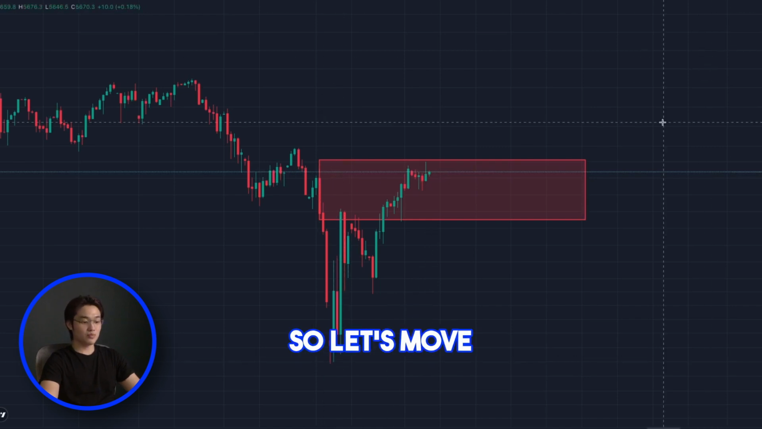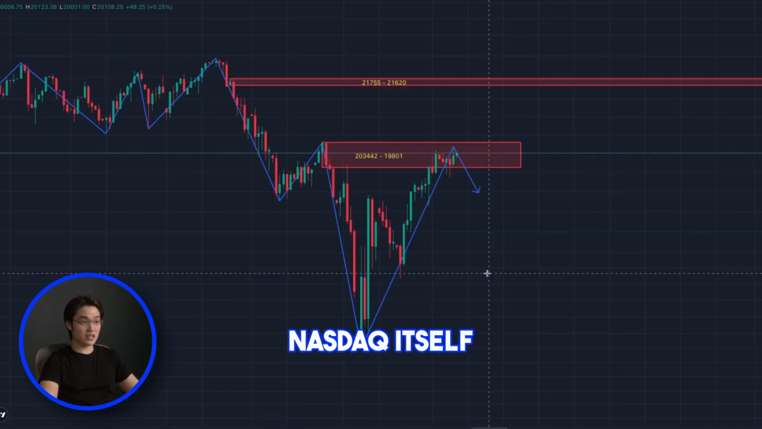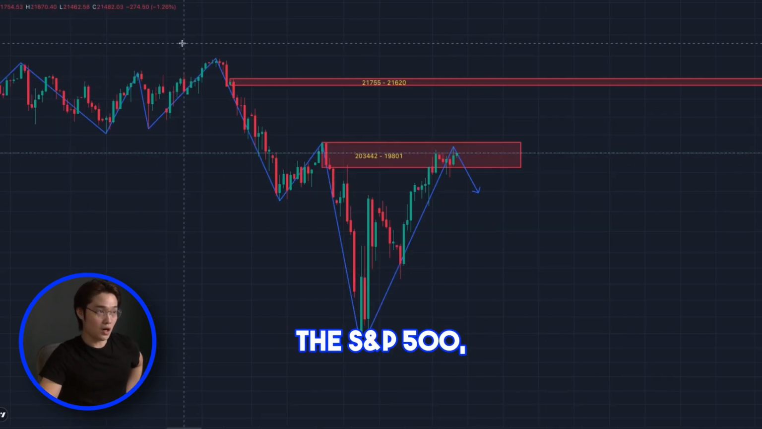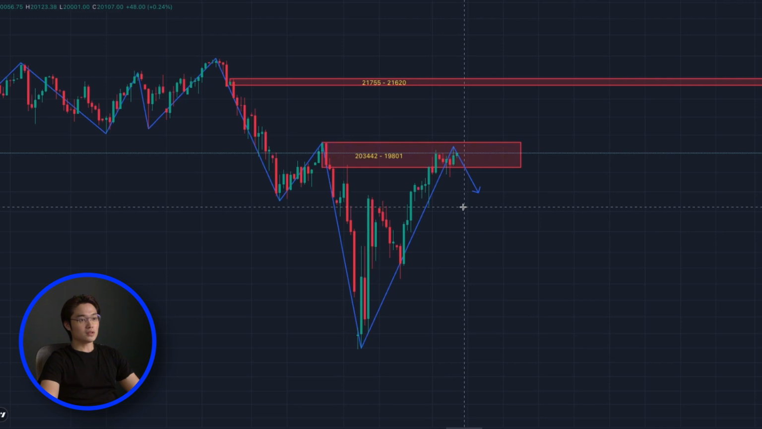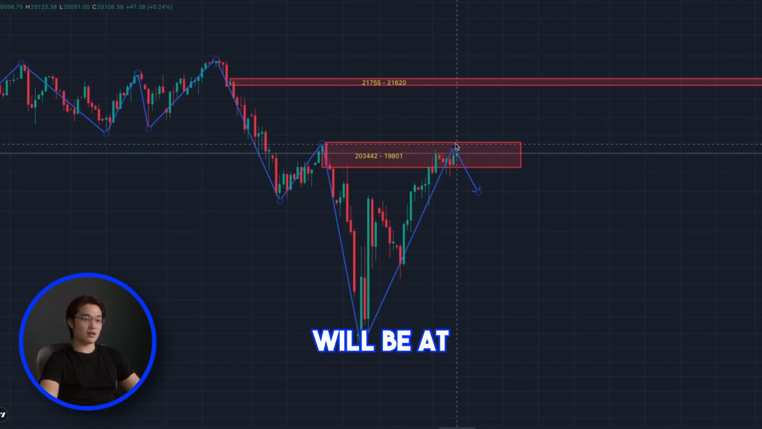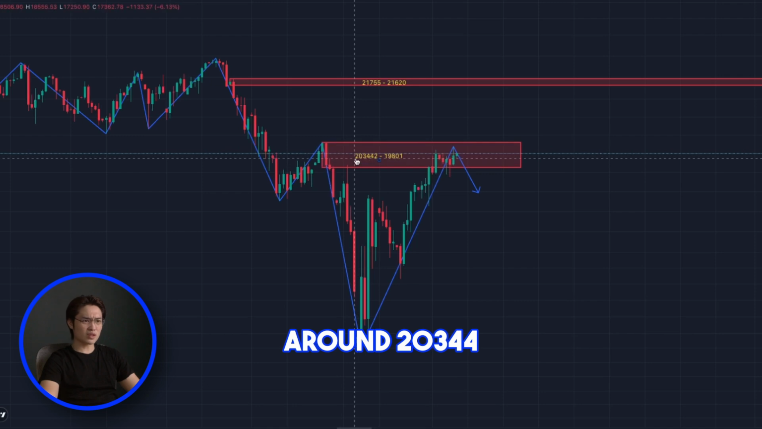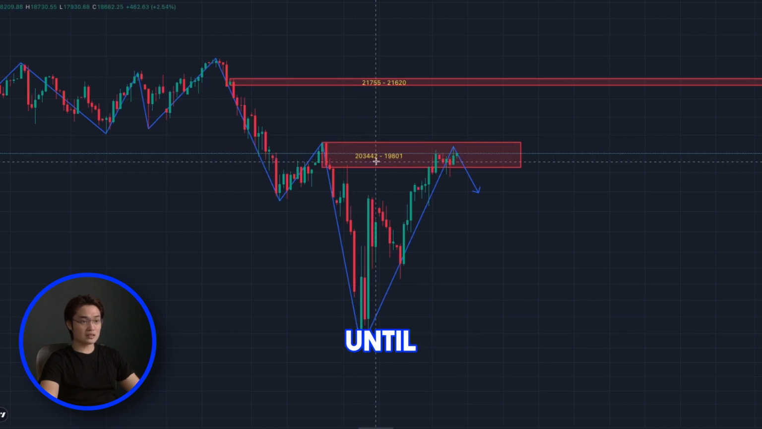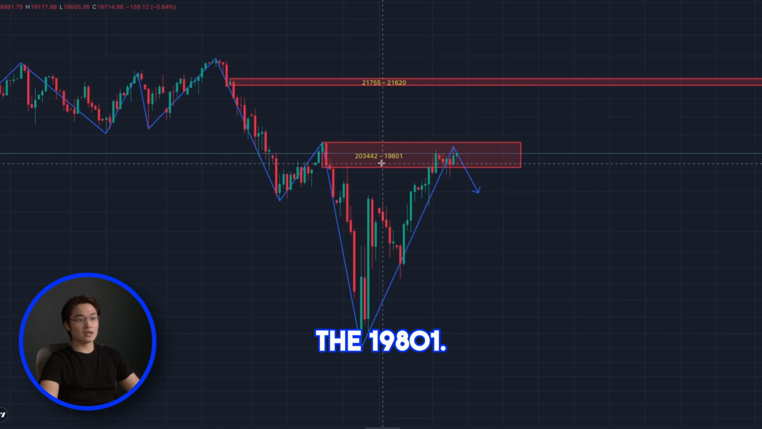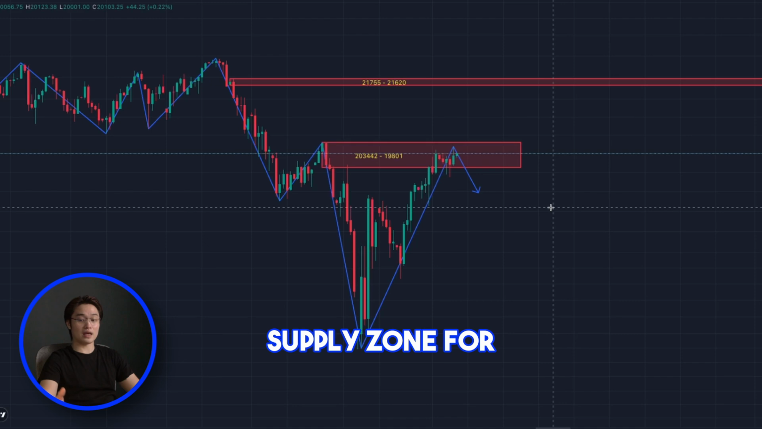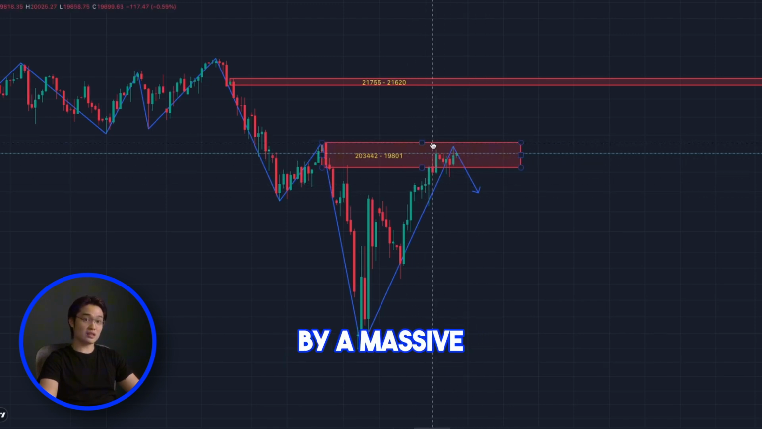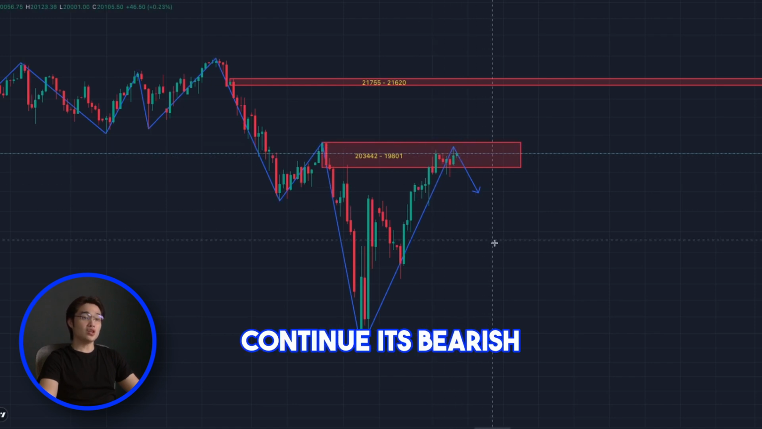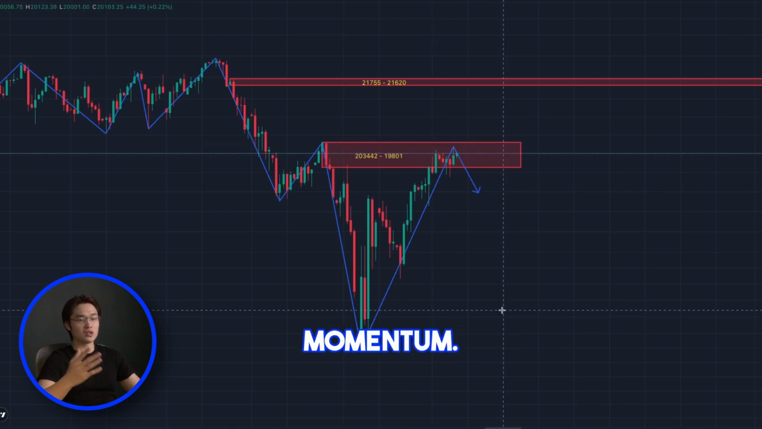Okay, so let's move to NASDAQ. The NASDAQ itself, again, is the same as the S&P 500. The bear momentum is still on the market. So for now, the rejection will be around 20,344 until 19,801. That will be the supply zone for the NASDAQ. So NASDAQ has to come to the supply zone and reject it with massive volume to continue its bearish momentum. Just the same setup as